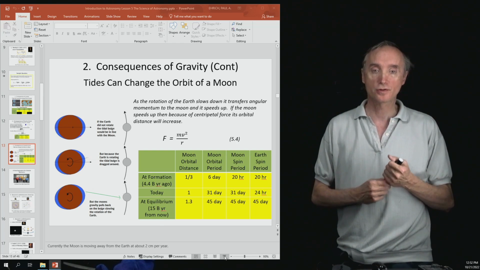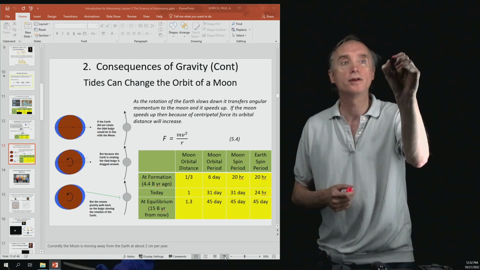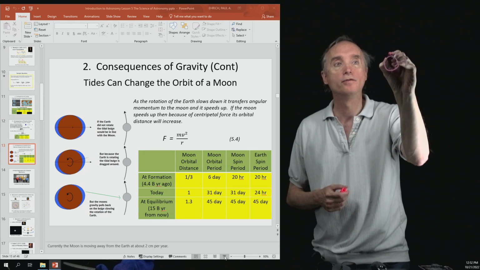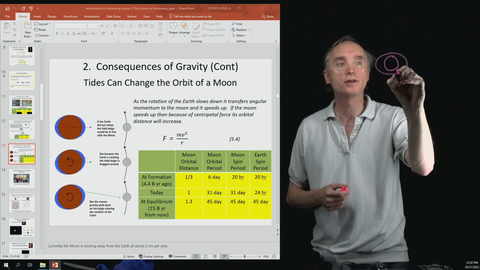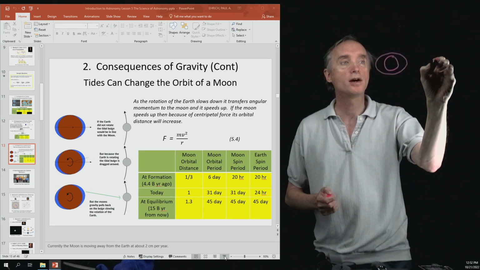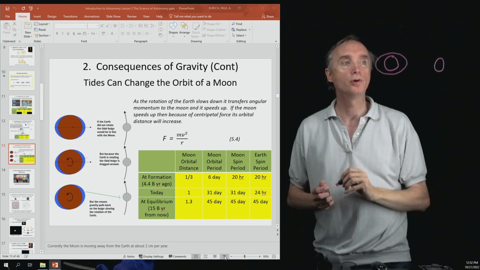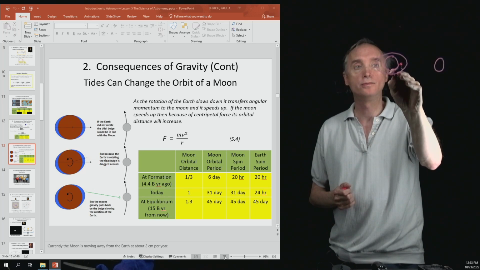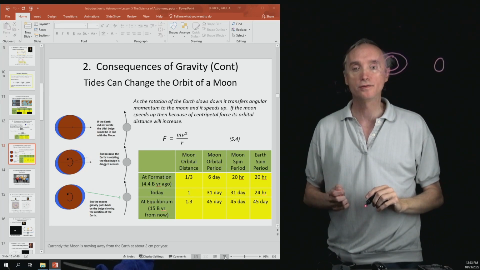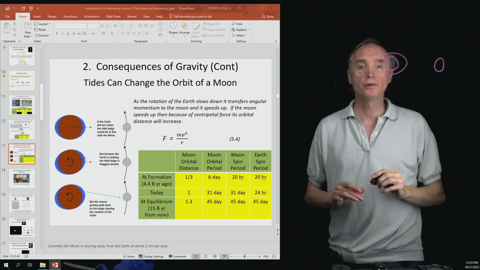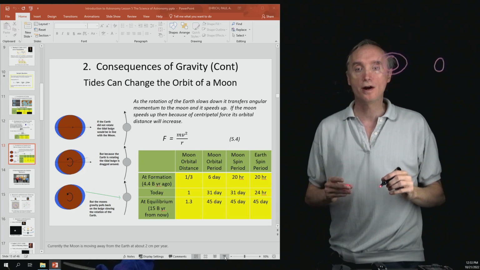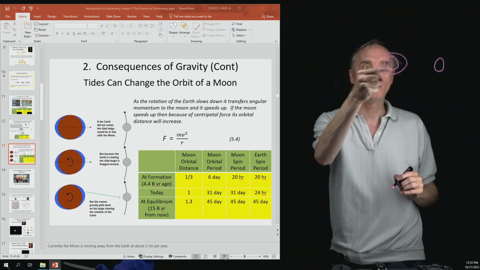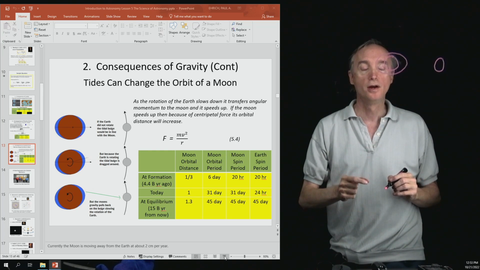So if you look at the picture there, you'll see that here is a planet, and then let me very much exaggerate the tides, but those tides are being caused by a moon over here. So the gravity of this moon is pulling on the water and it's causing these tides. Now that's what would happen if the Earth was not rotating, so that the tides would always be pointing towards the moon. But